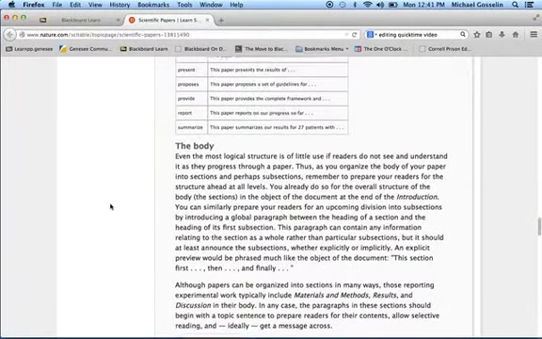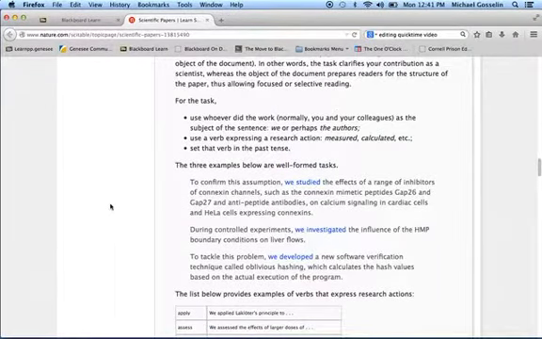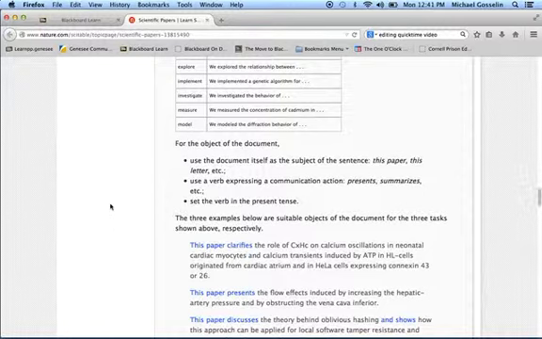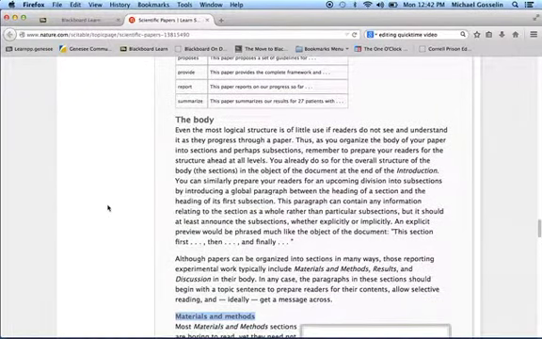Oh, also, let me go back. I forgot something. In the intro, you will usually find the hypothesis. The hypothesis is the research question that they want to answer. They try to guess what's going to happen before they run the thing. It's called a deduction. You make a deduction about what you think is going to happen, and then you run it